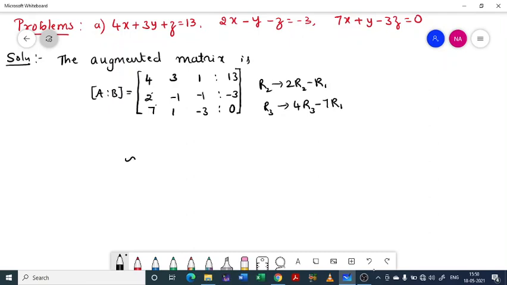Then applying that operation, this will be equivalent to, the first row we are not changing, so 4 3 1 colon 30. First row we are not changing. Here we are applying operations, and it will be 0, obvious. If you have chosen the constants properly, then you can directly write these two entries 0, no problem. Then come to this: minus 1 into 2, so minus 2, minus 3, so it will be minus 5.